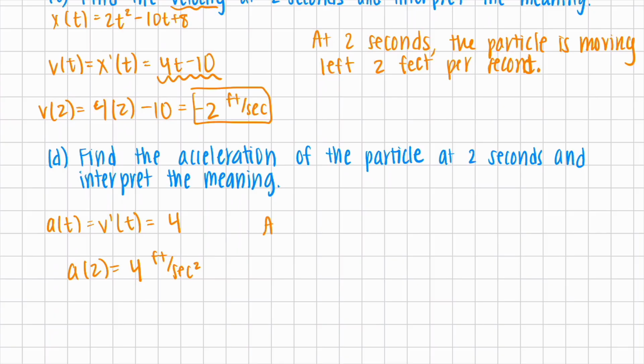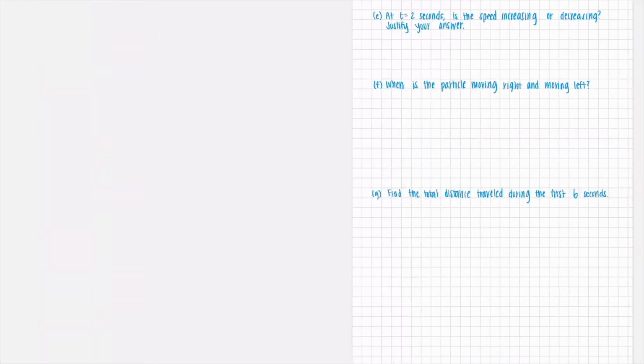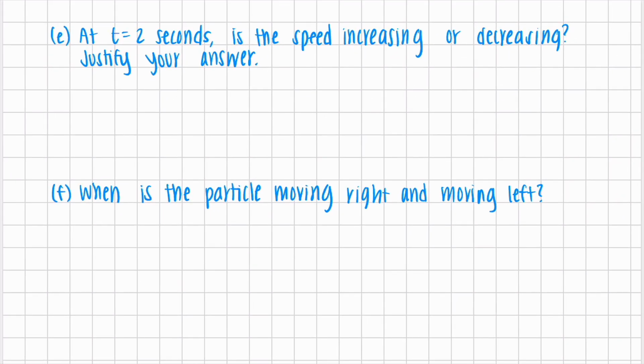For my interpretation, I'm going to say at 2 seconds, and acceleration describes the velocity. So I'm going to say the velocity of the particle is increasing. We know that because our acceleration is positive. It is increasing 4 feet per second for every second. And that is letter D. We have a few more. Letter E